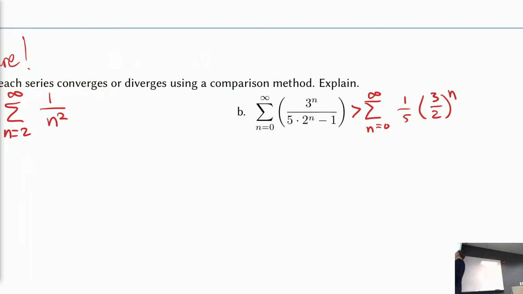Now, just to be clear, a lot of you decided to compare this to this. This is not a true statement. So if you wrote this down, not true, sorry. This is true, but if you really insist on comparing it to this, don't use the direct comparison, use a limit comparison. Using a limit comparison with this would be easy, but either way you find that that thing diverges